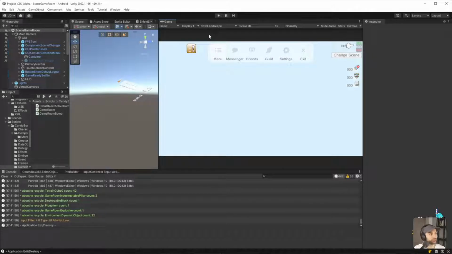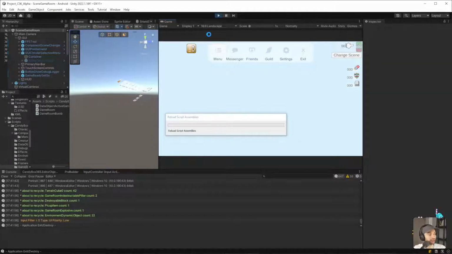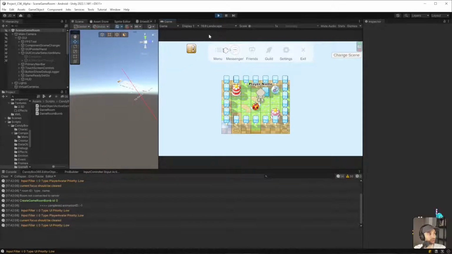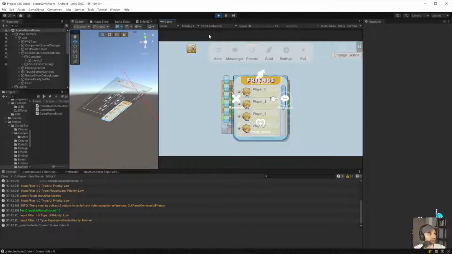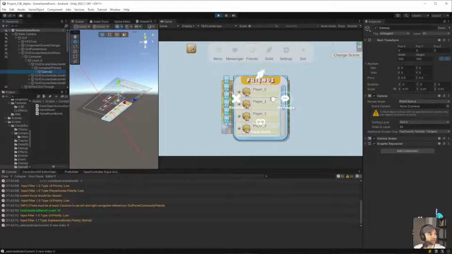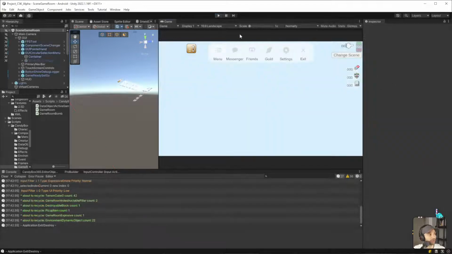Let's try it again. If we stop it and play it again, at some point, it just starts working, and then it stops breaking or behaving in that way. So we go here, friends, and there we go. Now it's working again. Interesting. So now if we select layer, go to the button again, it'll be on a different layer. Yeah, so now it's on 50. I set it to 60 before, but now it's on 50. So this is correct. So how did it end up being 2? What is 2, and where is 2 coming from?